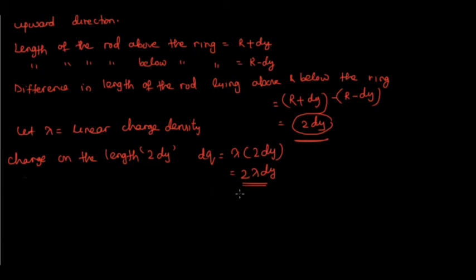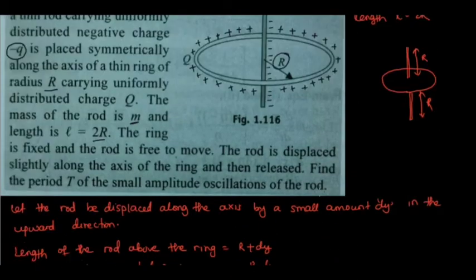So the formula is, let me show you the diagram here. If we have a ring and the radius of the ring is r, and q amount of charge is present on the ring, then the electric field at a distance r, at this point, will be how much? Equal to 1 by 4 pi epsilon naught q into r divided by (r square plus r square) whole to the power 3 by 2. This is the formula. Is that clear?